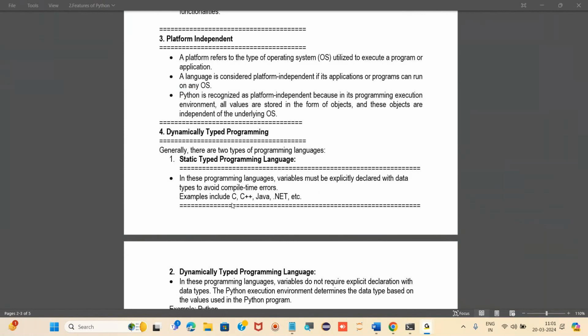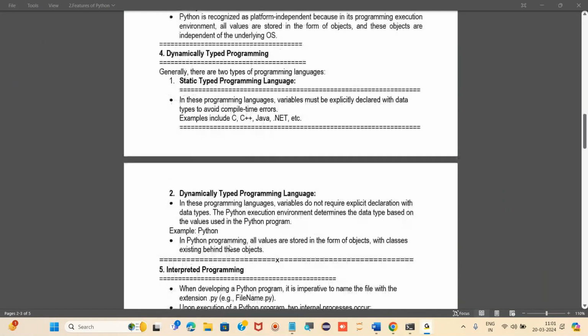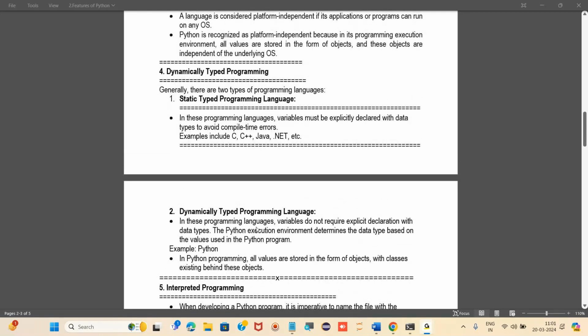But in a dynamically typed language, we do not need to write any kind of data type before initializing the variable, right? In these programming languages, variables do not require explicit declaration with data types. The Python execution environment determines the data type based on the values used in the Python programs, right?